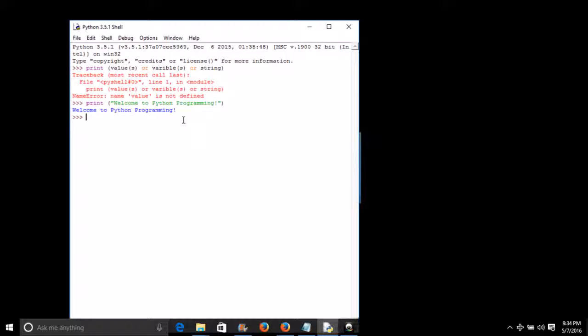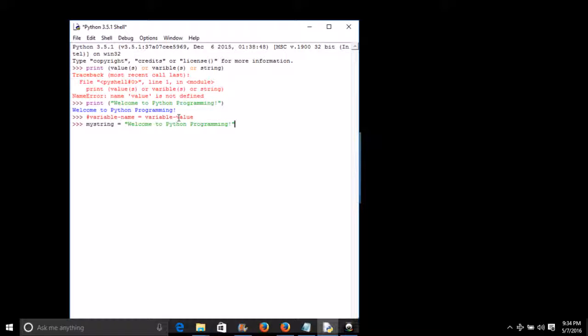So next is basic variabling. As you can see, I will use the pound sign. A variable needs a variable name and a variable value. So for instance, like this, the variable name will be my string, equals to welcome. So basically we just type in again the example before.